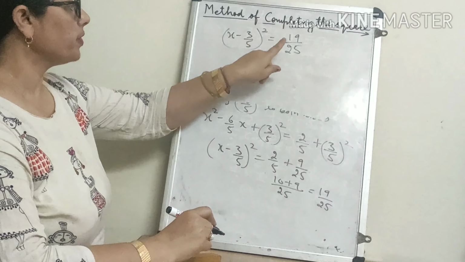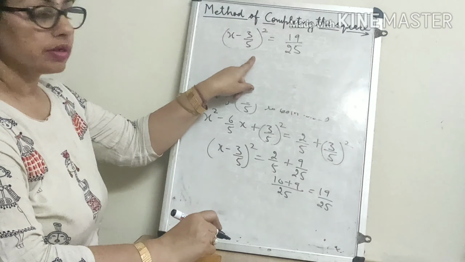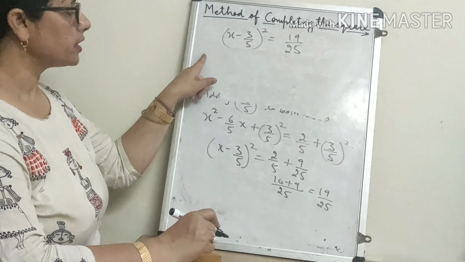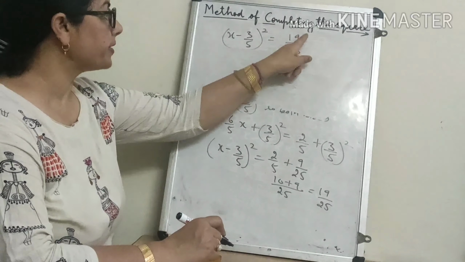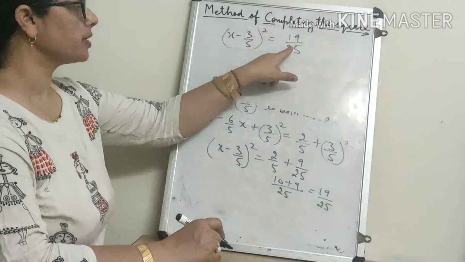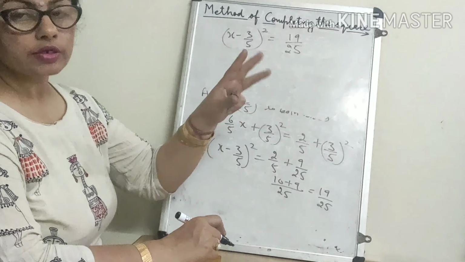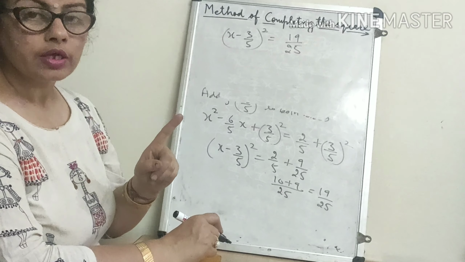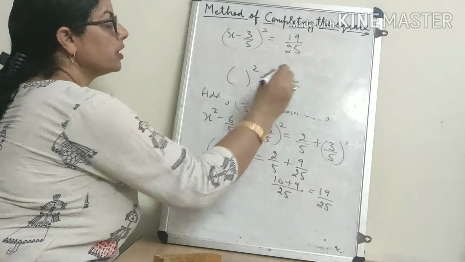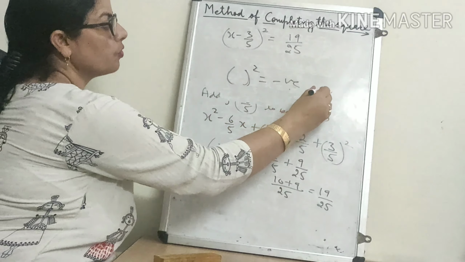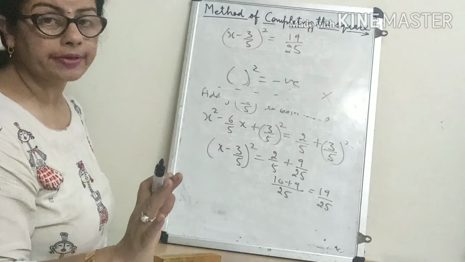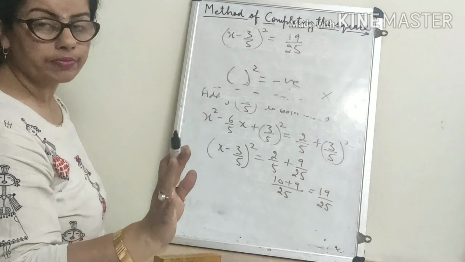See, we have made this a whole square, but if the right side is negative, then we will say real roots are not possible. If it is negative, then we are not having any x such that a whole square is negative. This thing is clear to you, that if the right side is negative, and this is a whole square, is it possible that the square of any term is negative? No. So we will say real roots are not possible, in the real number system we are not having such a number.